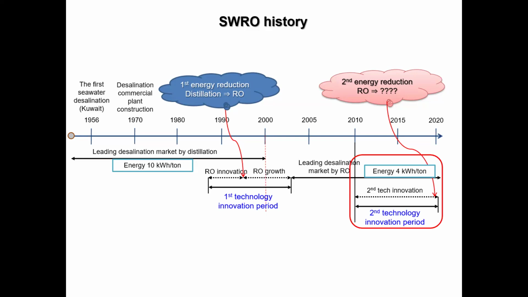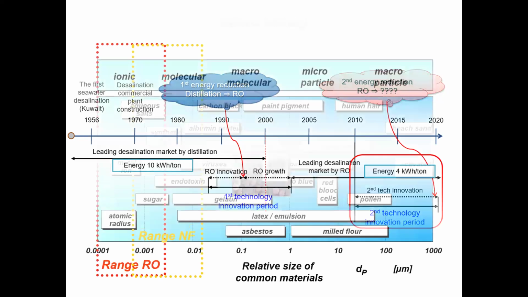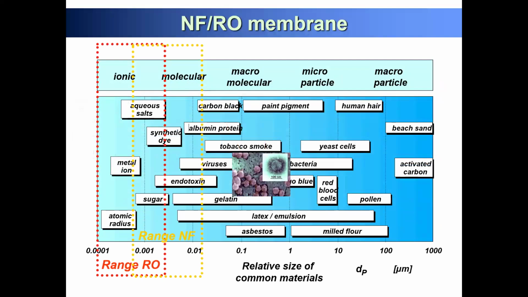Also, reverse osmosis can be used for wastewater reuse. So it's like the gold standard of water treatment, water desalination, and wastewater reuse. If you are very confident with this one, you will be very familiar with designing the water treatment process. So let's